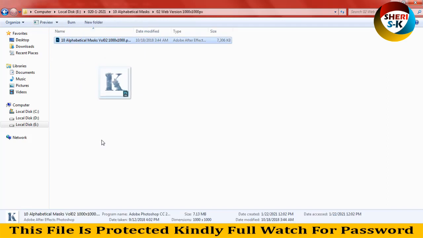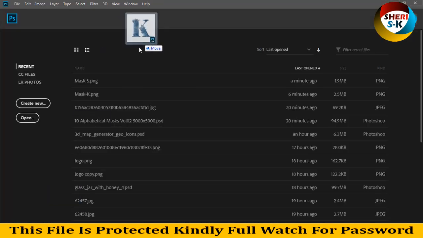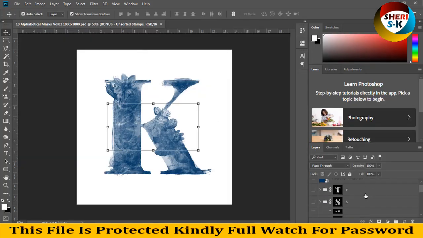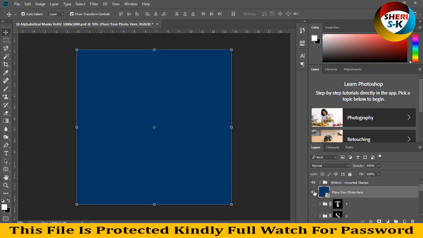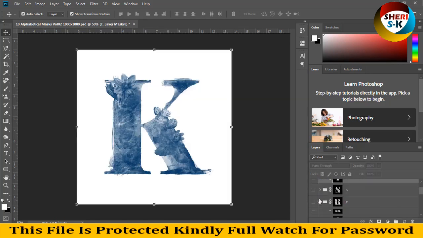So I drag this file on Photoshop, and you see here in layer area K, L, M, N, O, P, Q, R, S, T. Okay, so I extract this file. Sorry,